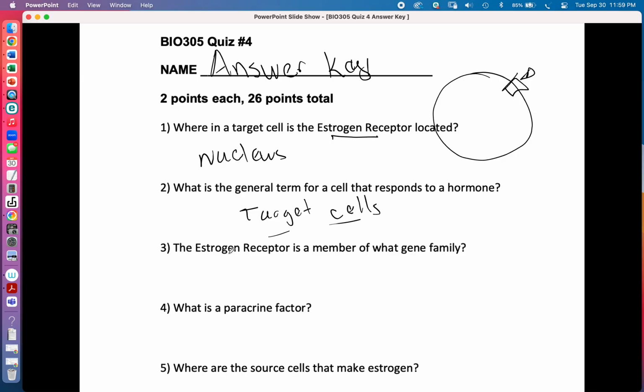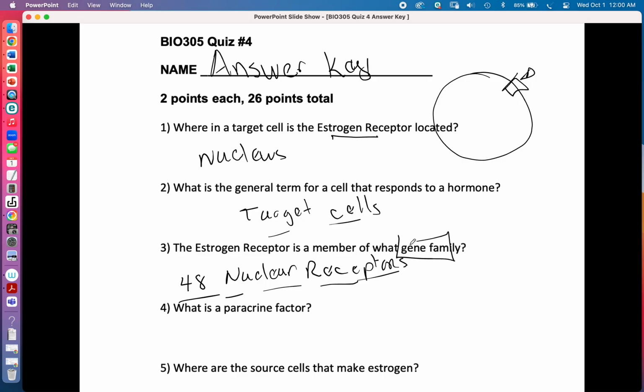The estrogen receptor is a member of what gene family? Only a couple of students got this. It's the nuclear receptors. It's important to appreciate that in us, when we talk about genes, very often they're members of gene families, and it helps us organize our learning in humans and mammals in general. Well, humans, let's stick with that. There are 48 nuclear receptors, and they're really famous: estrogen receptor, testosterone receptor, and so forth. And so it's a member of a gene family made up of